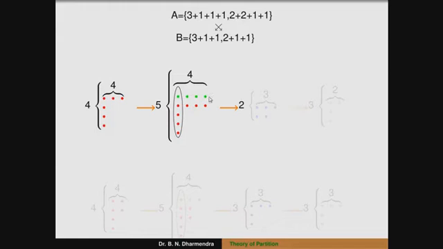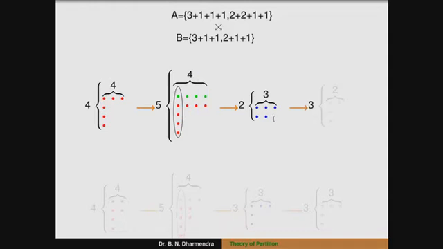Next, to delete the terms, 1, 2, that is less than or equal to B, that is 2, and C minus 1, that is 4 minus 1, that is 3 parts. So the terms are 3 plus 2. So here the extra node, the red node, is not contained in the terms. Therefore the terms are 3 plus 2.